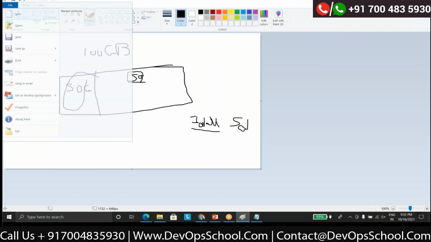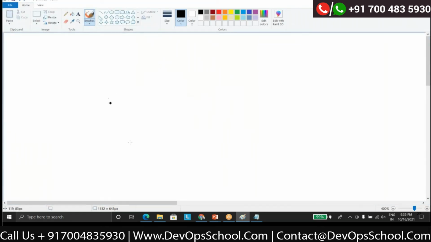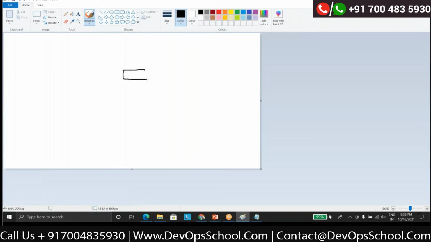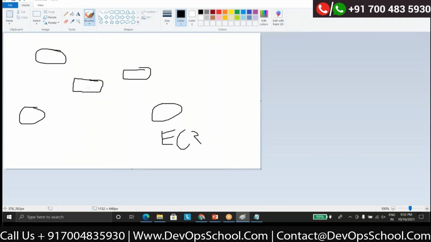So let me just click on new. I have multiple EC2 instances, Linux instances or Windows instances, whatever it is. Now I want to store my critical files at a central location, and I want it to be shared with all these EC2 instances, all these four. So what I can do is launch an EFS service. EFS will create a storage for me, and I can store the data in this EFS drive.